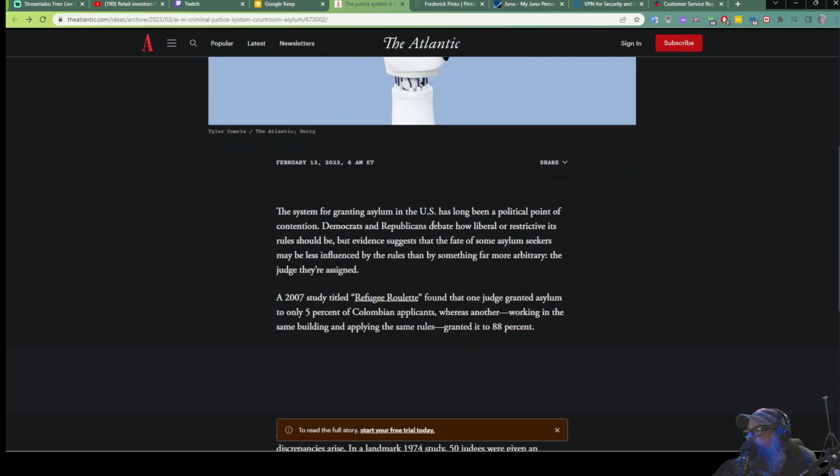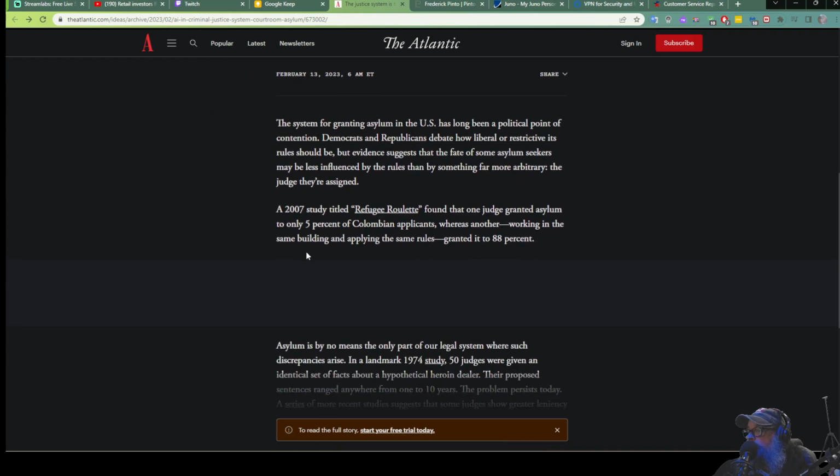The system for granting asylum in the U.S. has long been a political point of contention. Democrats and Republicans debate how liberal or restrictive its rules should be, but evidence suggests that the fate of some asylum seekers may be less influenced by the rules than by something far more arbitrary, the judge they're assigned to. A 2007 study titled Refugee